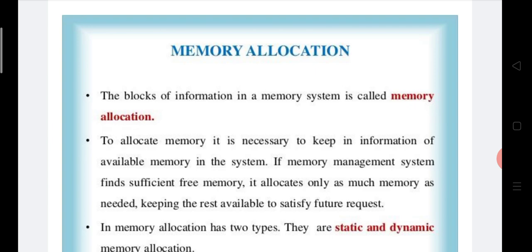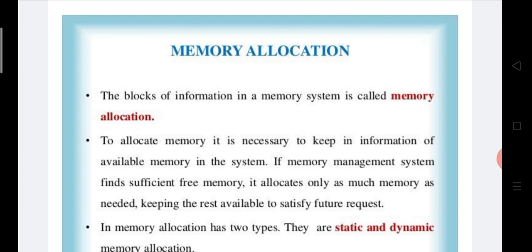First we will see what is meant by memory. Actually, memory is the process by which information is encoded, stored and retrieved. Encoding allows information from the outside world to reach our senses in the form of chemical and physical stimuli. Now we will see what is meant by allocation. An allocation is something that you set aside for use. For instance, if you want to set aside a certain amount of hard drive space or hard drive memory for an application, you can allocate how much in the settings.